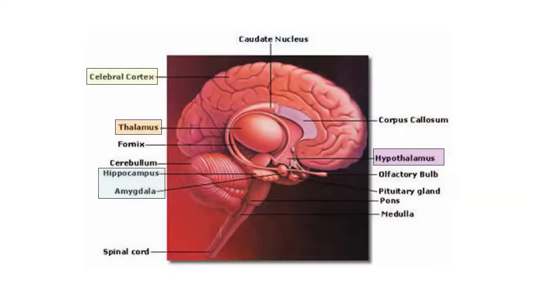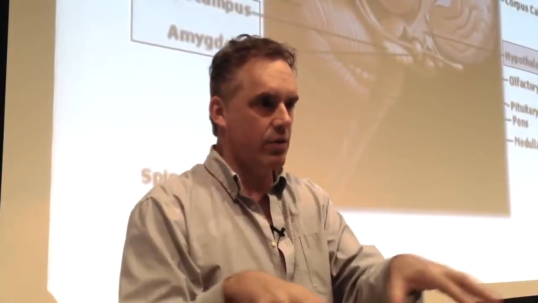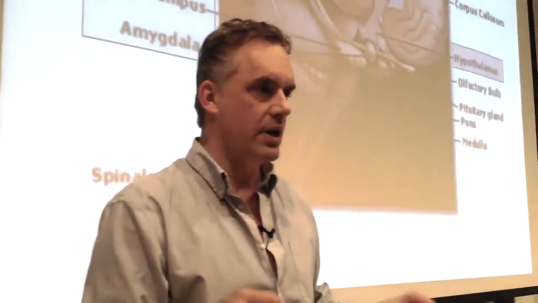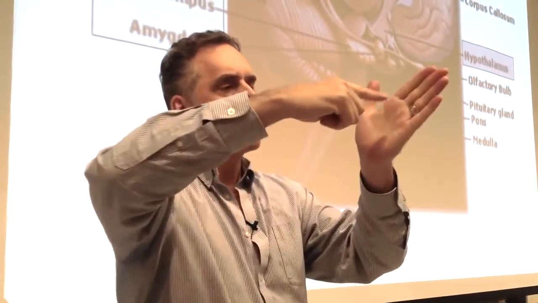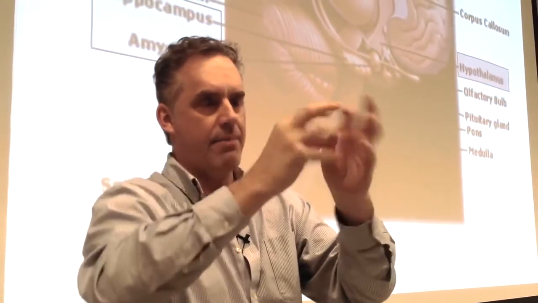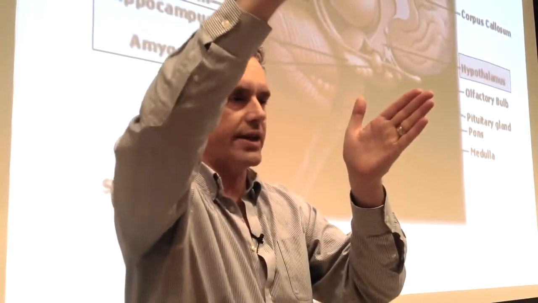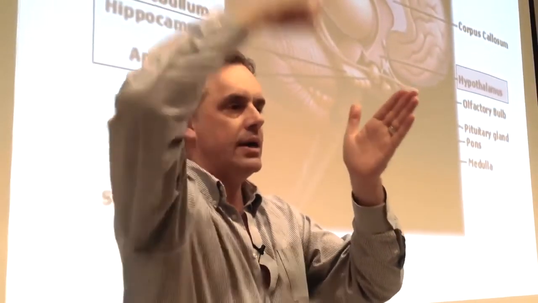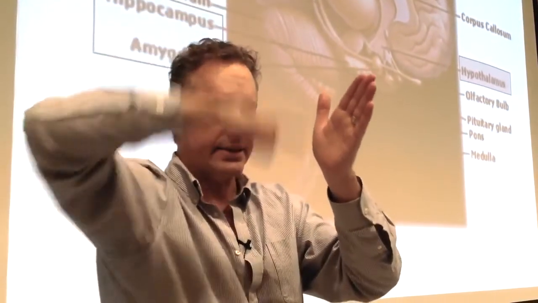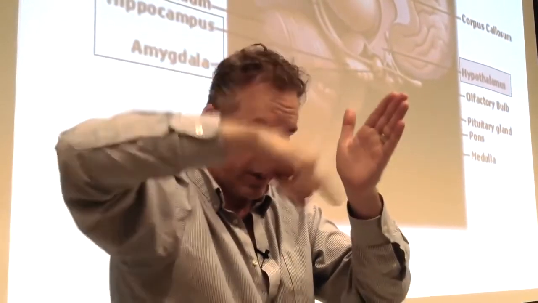thalamus. The thalamus is the place where all your sensory information comes together. So when you look at the world, it's kind of like a continuum of experience, despite the fact that you have these five different sensory inputs. And the thalamus seems to unite all that, and then it sends the messages that it amalgamates up to the cortex, and the cortex sends them back, and the thalamus sends them back, and there's this loop between the thalamus and the cortex. And maybe that's part of what consciousness is.